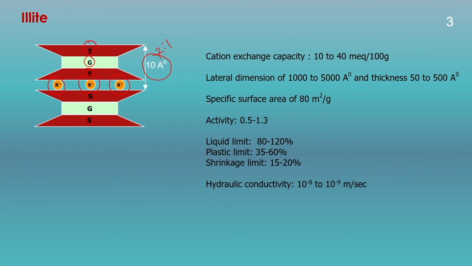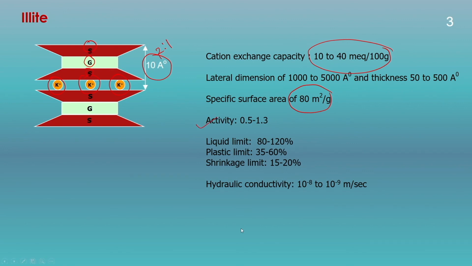If we look into its properties, the cation exchange capacity of illite is 10 to 40 milli equivalent per 100 gram. The lateral dimension is 1000 to 5000 angstrom, and it has a thickness of 50 to 500 angstrom. And due to its little bit large size, the specific surface area is quite less in comparison to montmorillonite, and it will be around 80 meter square per gram. In comparison to montmorillonite, the activity of illite is quite less, and generally the activity will be in the range